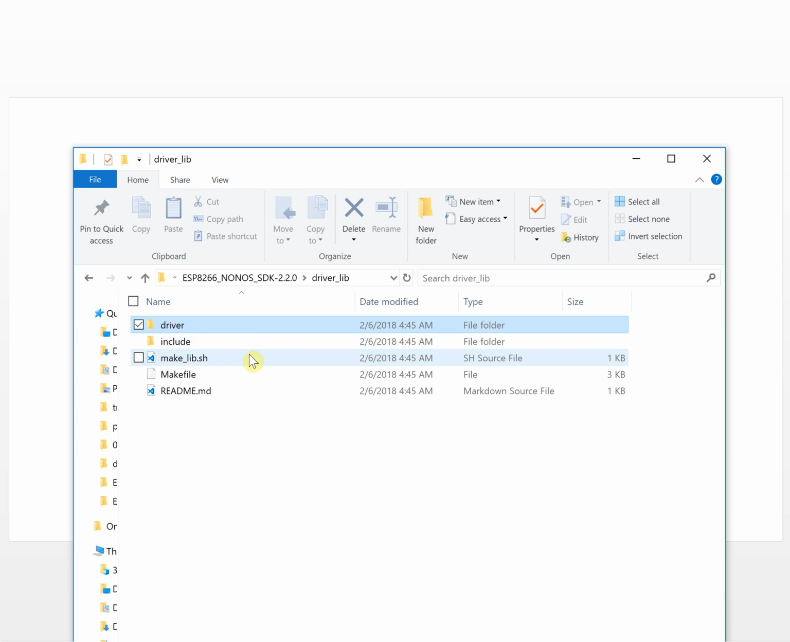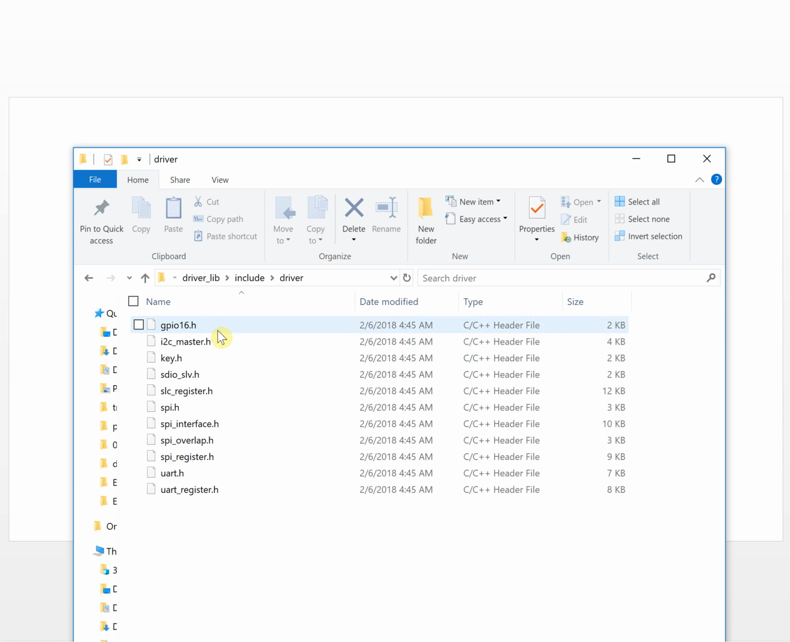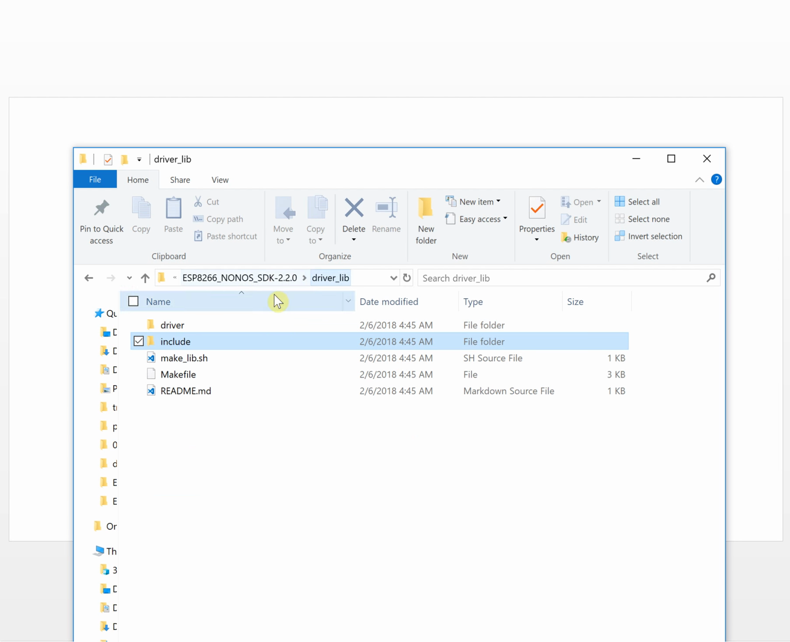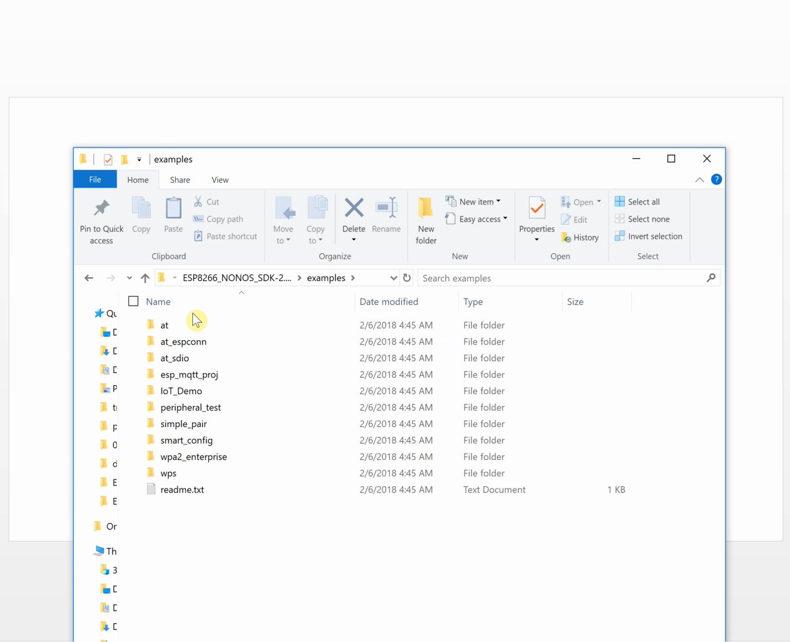Okay, this is the include folder. This is for all the head files. So this is the driver library. This is example. This example tells us how to use the chip at the application level. This is AT. Okay, and this is